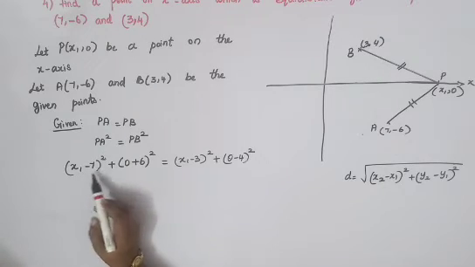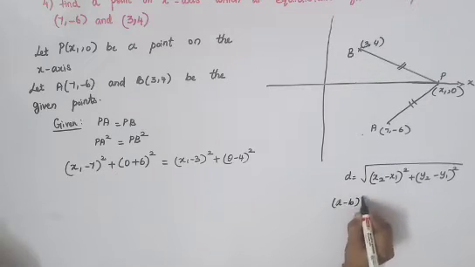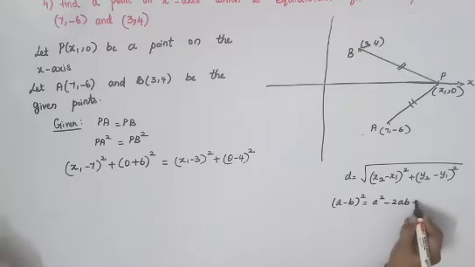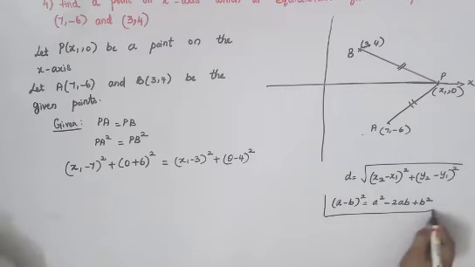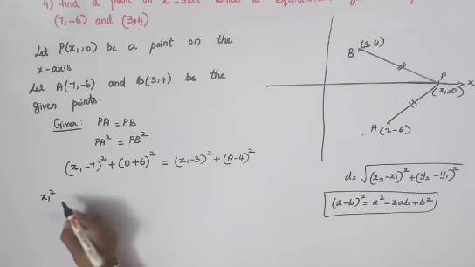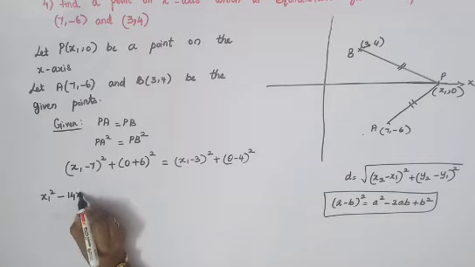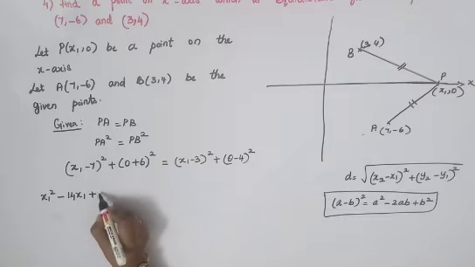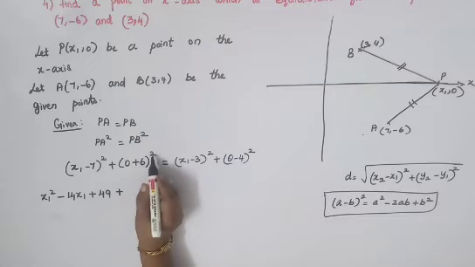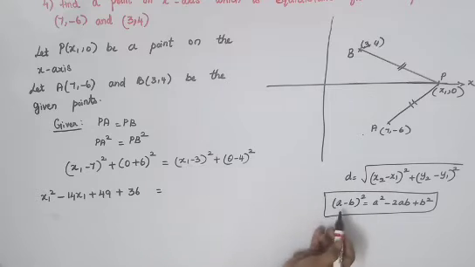So expanding, this is A minus B the whole square. So I'll just write the formula here. A minus B the whole square is equal to A square minus 2AB plus B square. So you can use this formula and expand this. So I'll get x1 square minus 2 into 7 is 14, so 14x1, plus 7 square you will get 49. And plus this is 0 plus 6 will become 6, so 6 square will become 36, which is equal to, again here the A minus B the whole square formula.